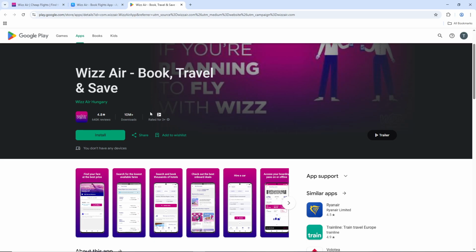And that's it. You've successfully downloaded the Wizz Air app and you're now ready to book flights and manage your